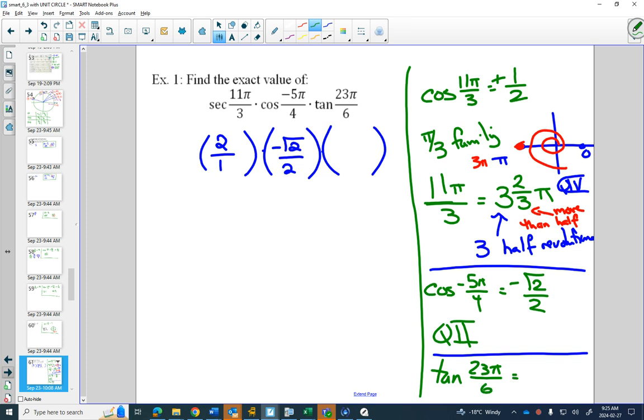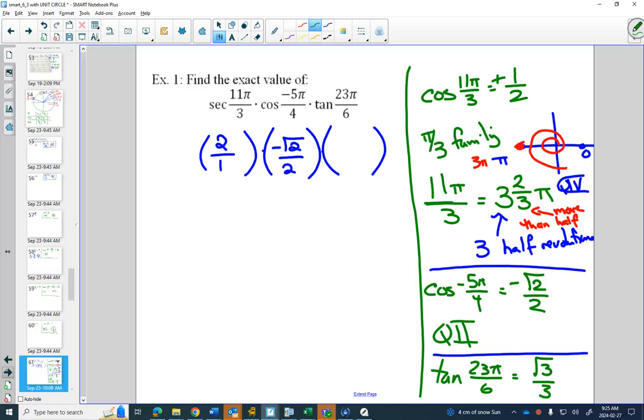Tan of 23 pi over 6. I mean, if you want to make your life easy, right, and you don't mind losing half marks, it's part of my pi over 6 family, so I already know it's root 3 over 3. You lose a half a mark if your sign is wrong. So if you want to lose a half mark, you just write root 3 over 3. In fact, you might actually get it right. So 50-50, could be positive, could be negative. Okay? If you don't like to lose half marks, which I hope you start to not like losing half marks,